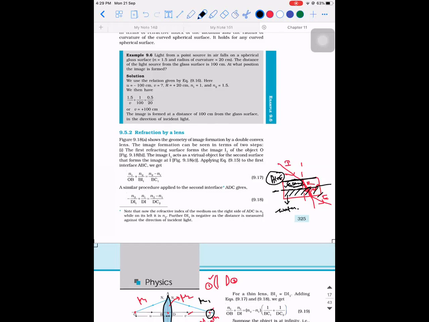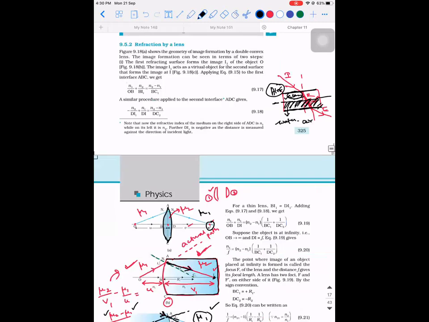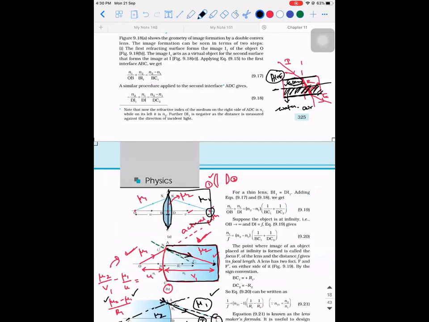Are you trying to say that half of the glass slab is filled with water, and outside is again air medium? Yes. Then it will be 3, because this is also going to act as a refracting surface. What I thought you asked is that the whole medium is mu3. If that is the case, it will still be 2 only.